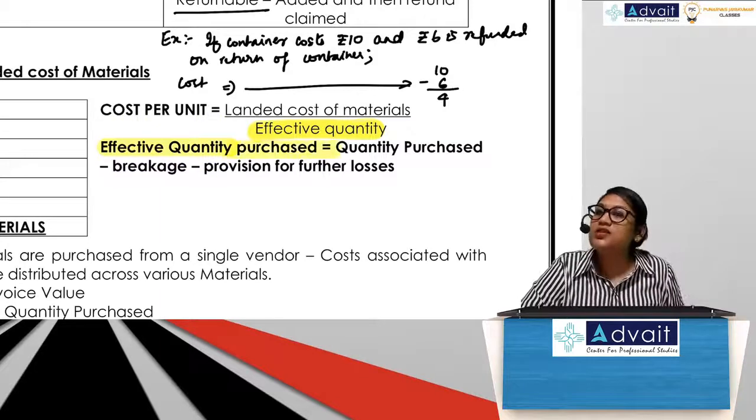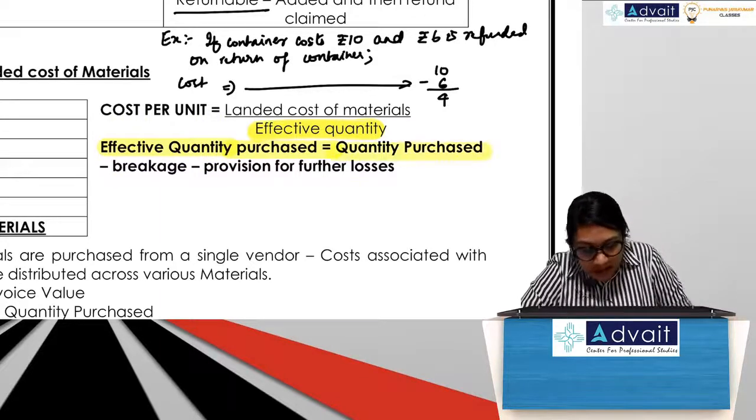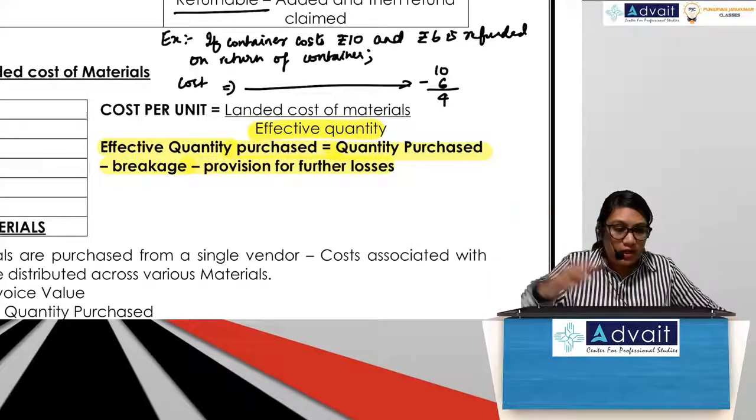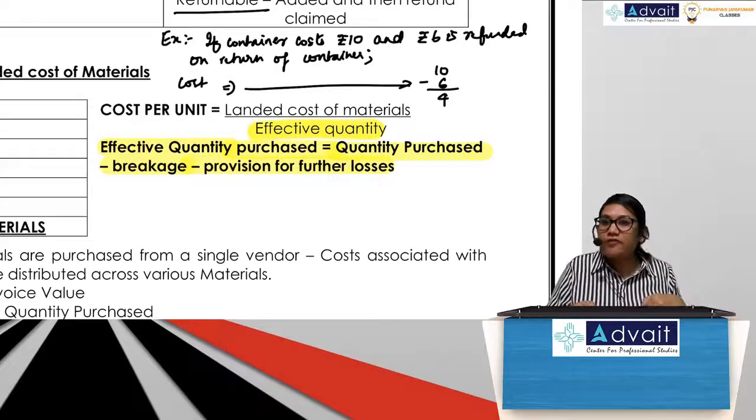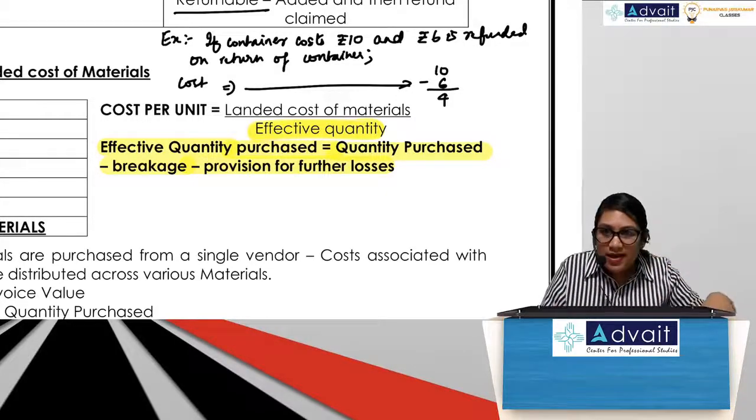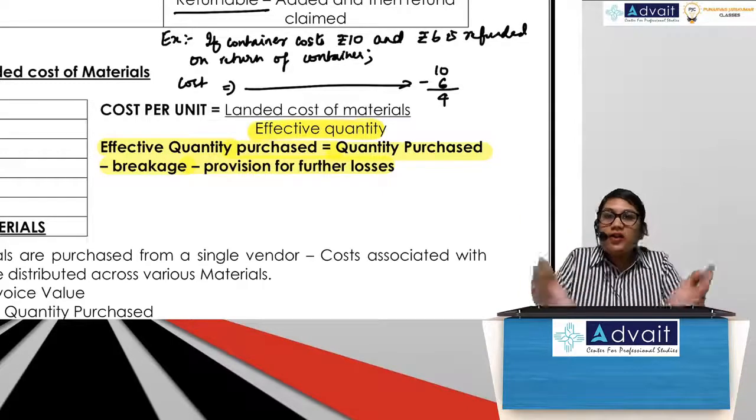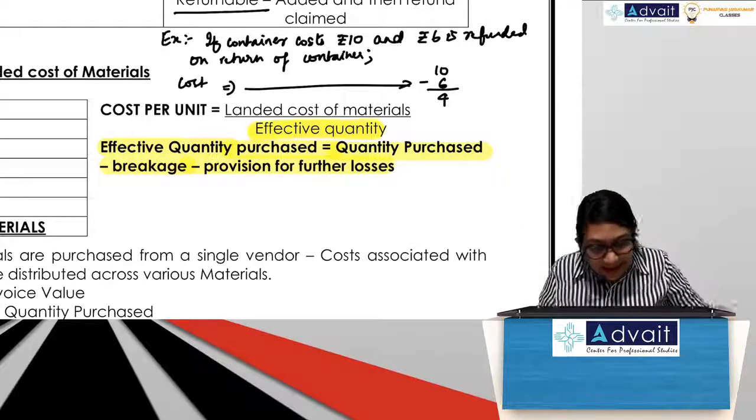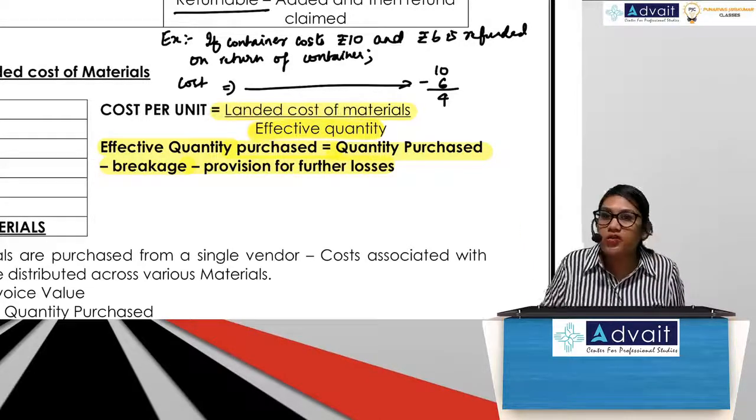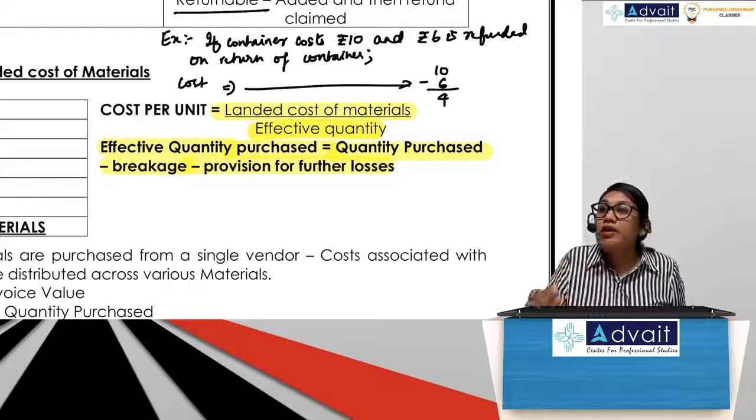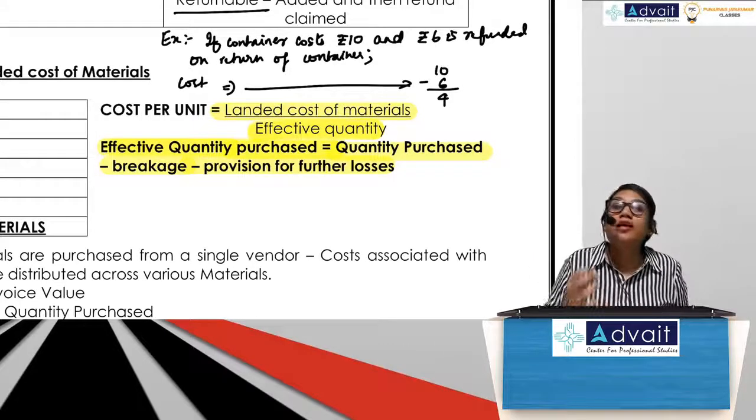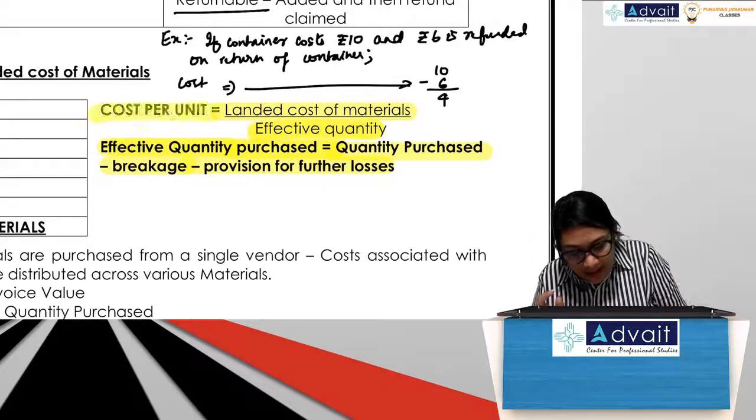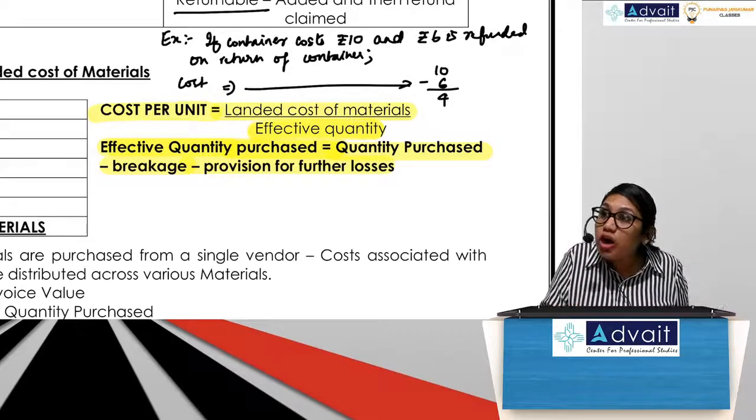Effective quantity purchased is calculated as quantity purchased minus breakage minus provision for further losses. So in transit, from the time I have ordered till the time I have received, if there are any losses, any breakage, all that I have to remove, and whatever is left is called my effective quantity purchased. My total landed cost, which I determined in the previous section, will be divided by this effective quantity purchased to get my stock rate, or material price per unit, which is what you will be using in your